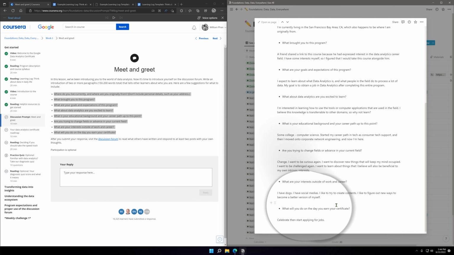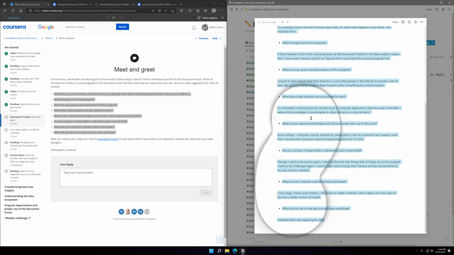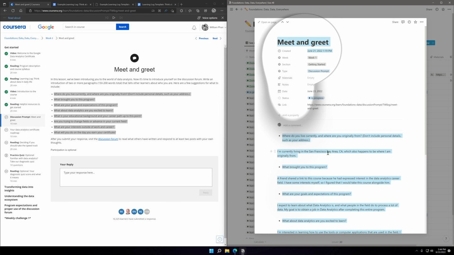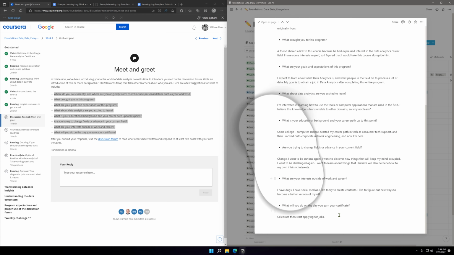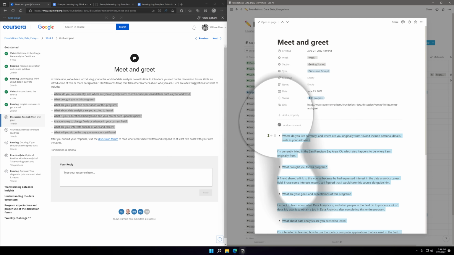I just realized that Control A will select all of that, but I only want to select what's inside this box. So hopefully...